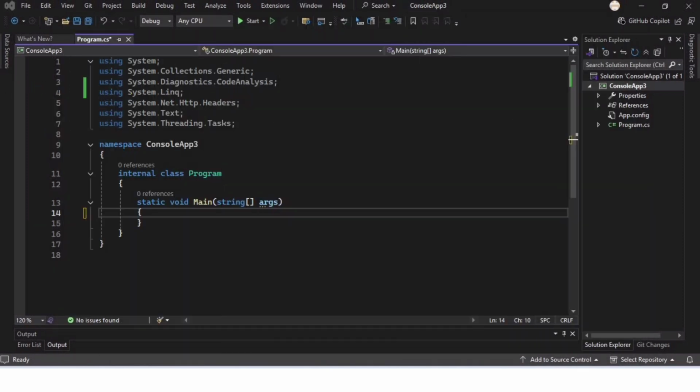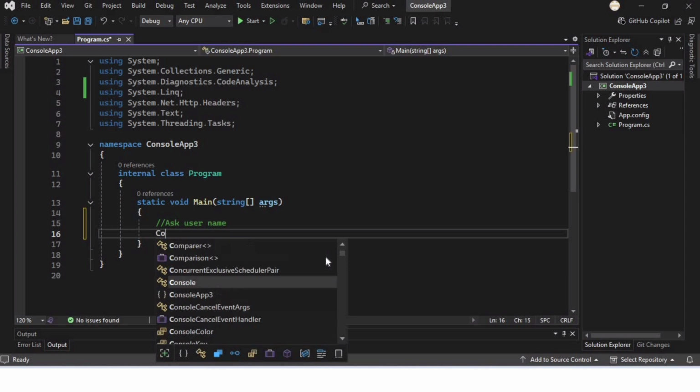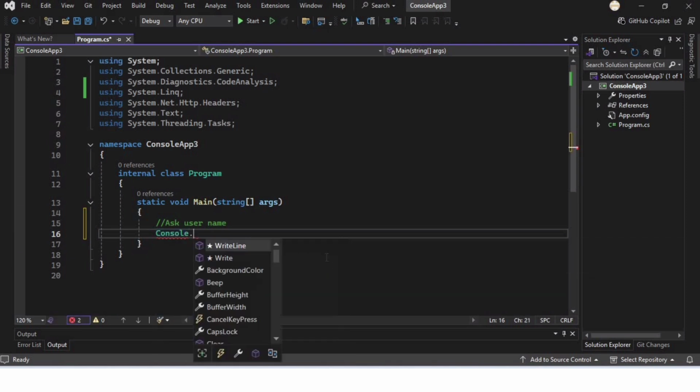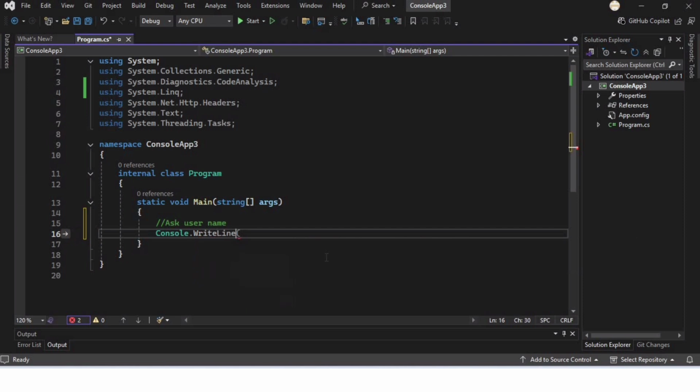So let's begin. This is the new project that I have created in Visual Studio, and this is the default code. We will write our code in the main program right here. So this is a comment. We will ask the user to enter his name. For that we will be writing Console.WriteLine,